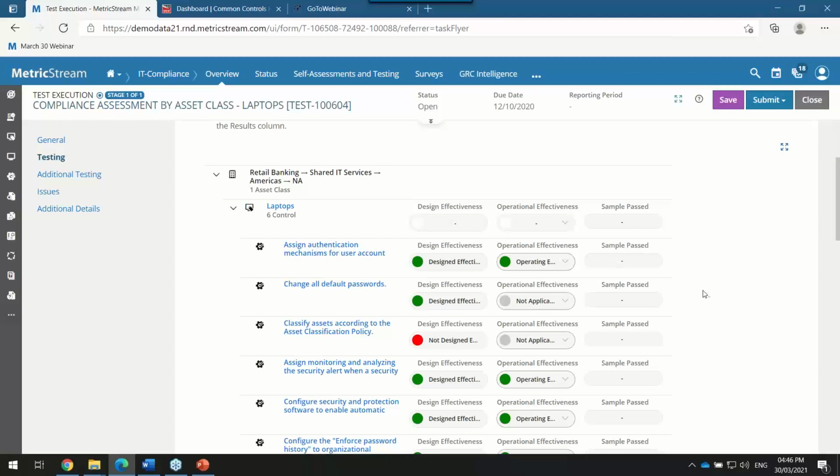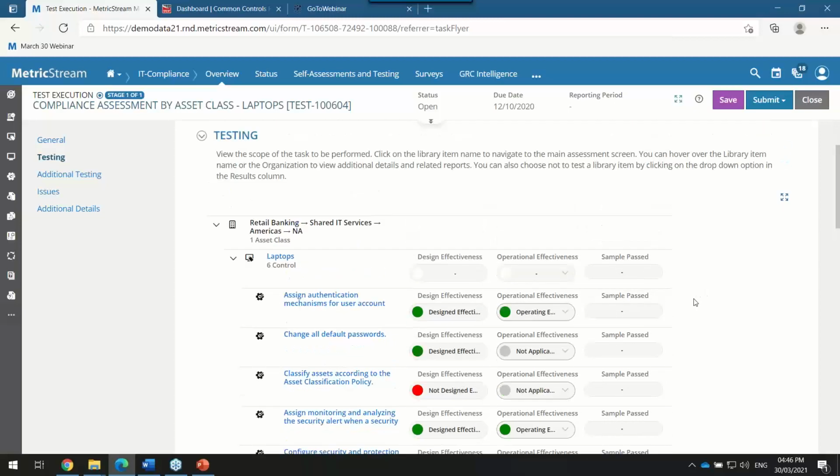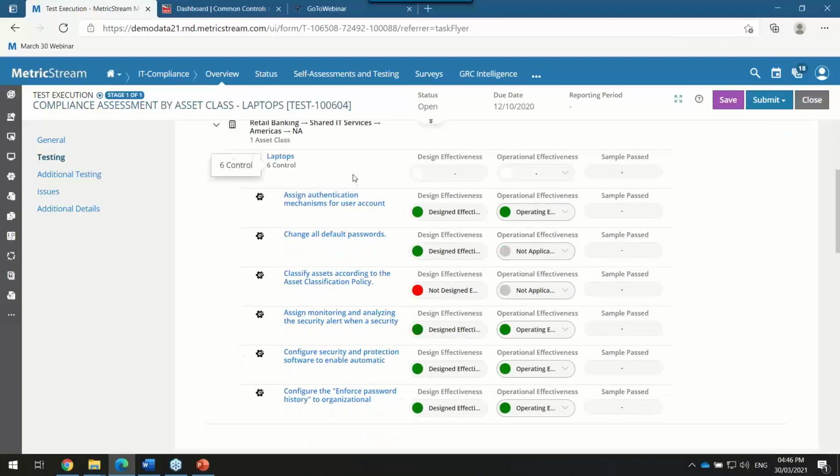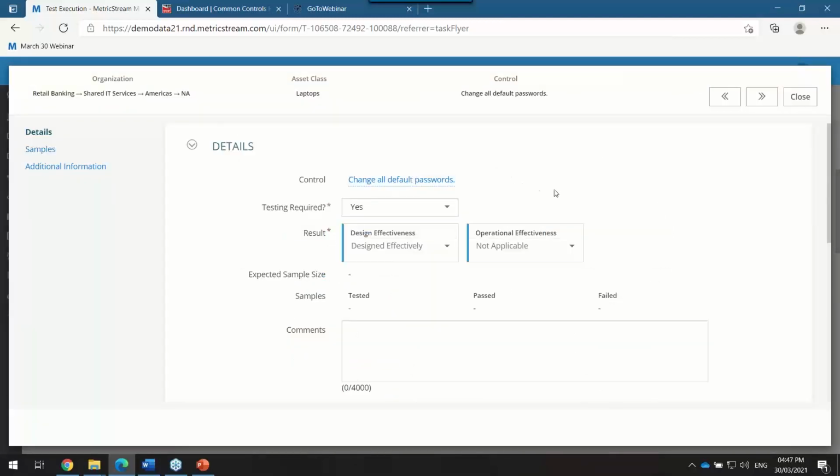If you look at the screen here, this is a sample example where I've been trying to test an asset called laptops, which means it's been tied to about 4 to 6 controls here. One of the controls says change all default passwords, and I could go right to my design: how effective is the design of this control, and how effective is the operational standpoint of this control.